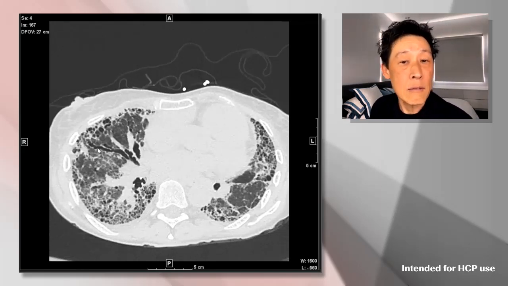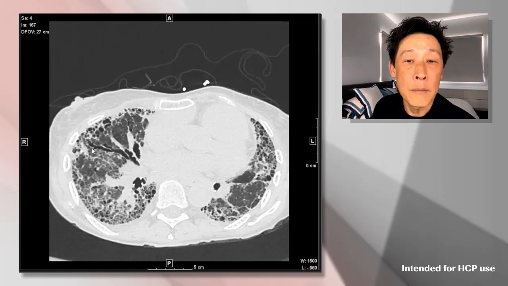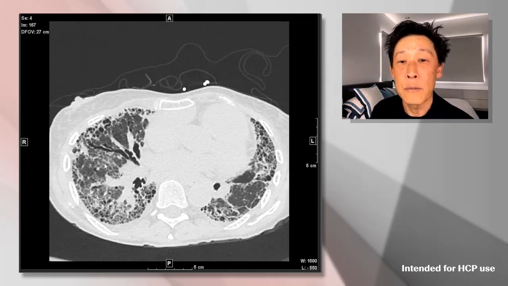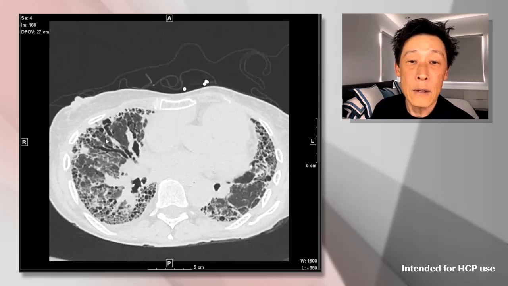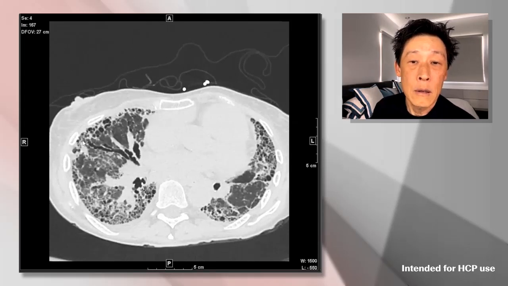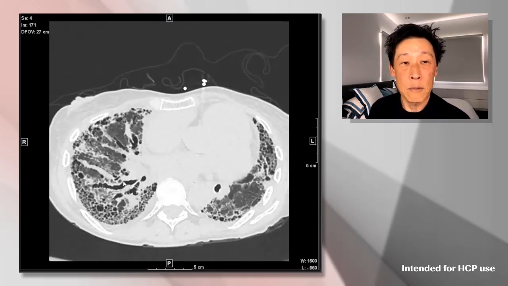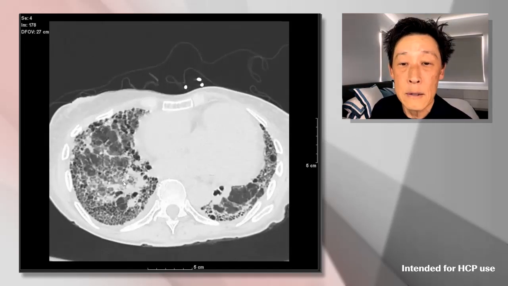And when you see this, especially if you look immediately outside of that abnormal airway and you see abnormal lung, you should put two and two together and think of traction as the cause for why this airway is dilated. And again, you can see that. Look at how abnormal these airways are. So that's a very nice example of traction bronchiectasis and bronchiolectasis.